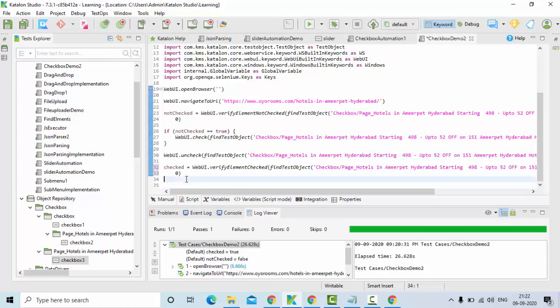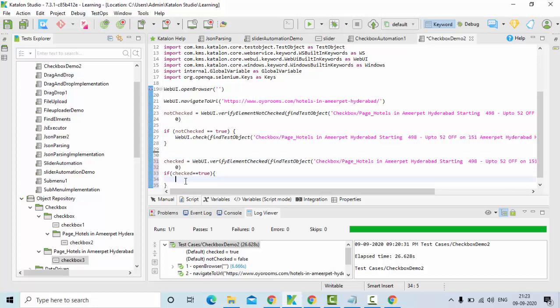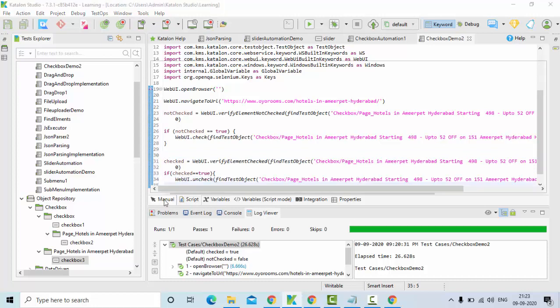This is checked, right? So you just write if checked is equal to true. That means the element is selected. Sorry, the element is checked. I'll just do the uncheck operation using this code. Copy it, paste it over here. Go to the manual mode.